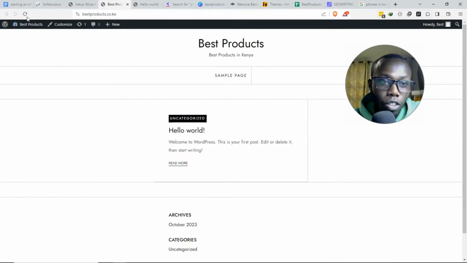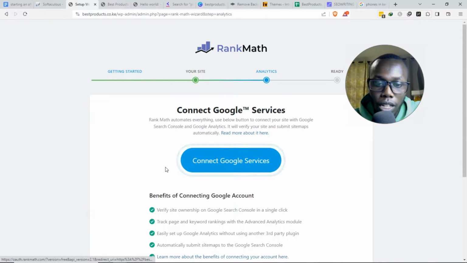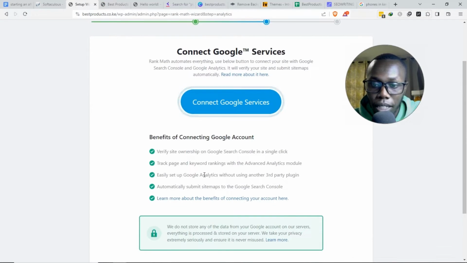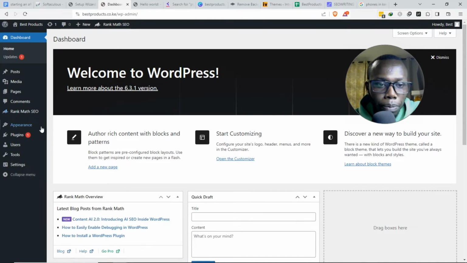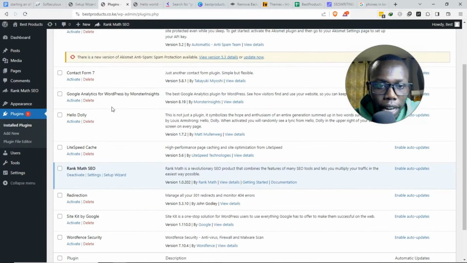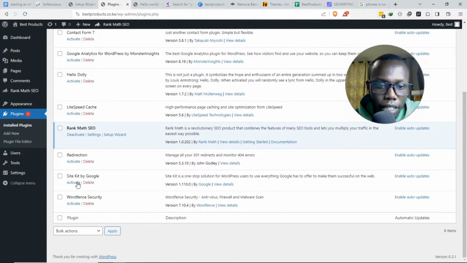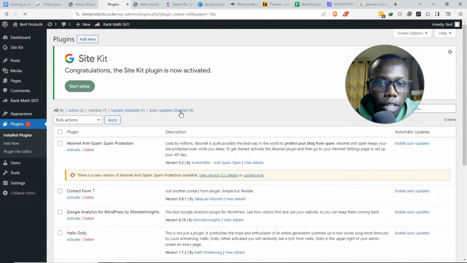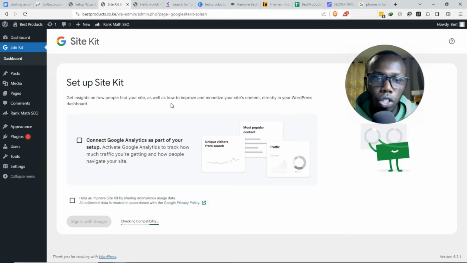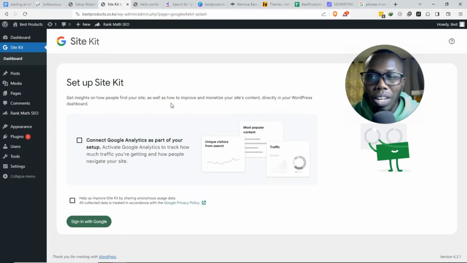all of them. So let's go back to the site, because this one will want me to connect my Google account to verify my site, and I haven't created all that stuff. So first, go to dashboard, plugins, and look for Site Kit by Google, and then activate it. This should be your first plugin to activate. Then come to setup. Now your site will need Google Analytics and Google Search Console. Search Console will help you with SEO. You will learn what that is on a just-need-to-know basis. Just know you need those two,